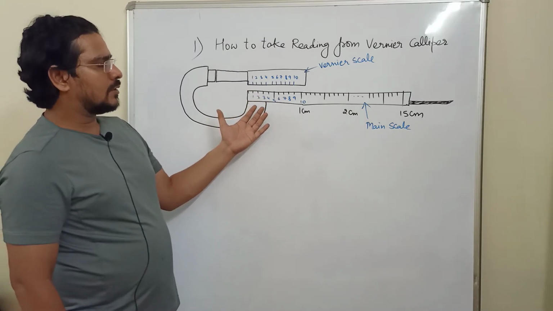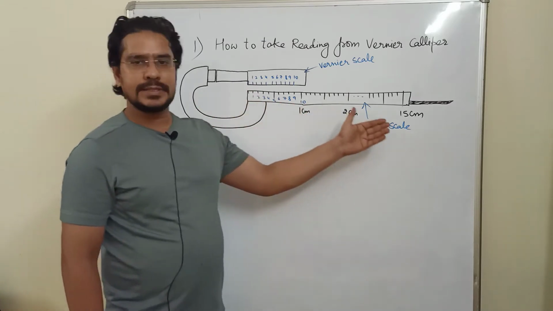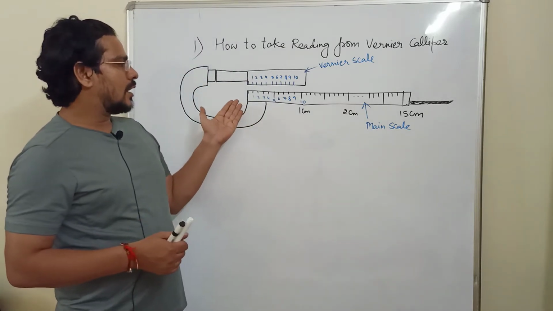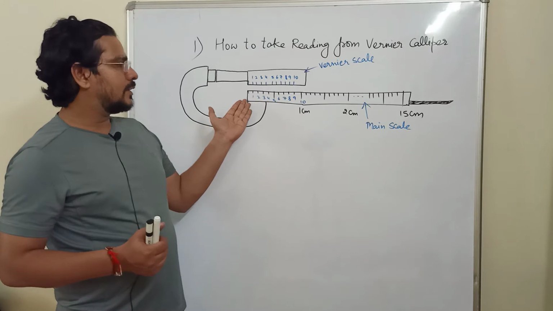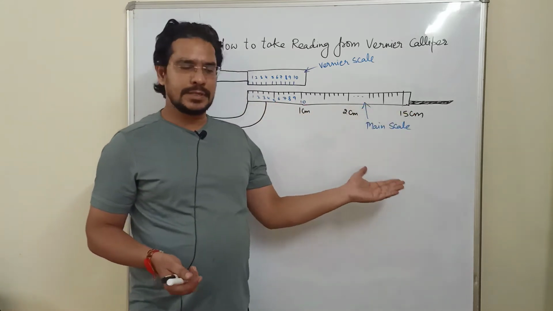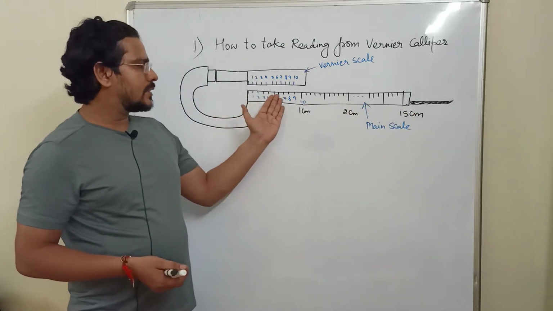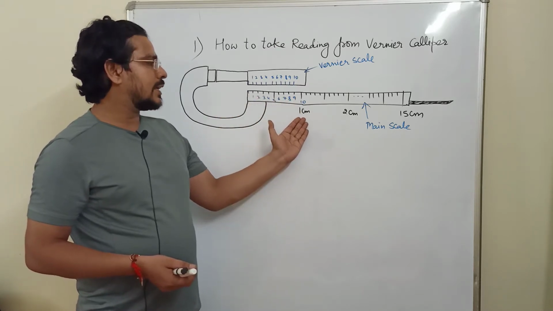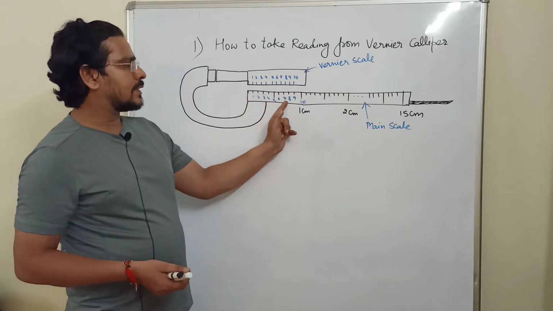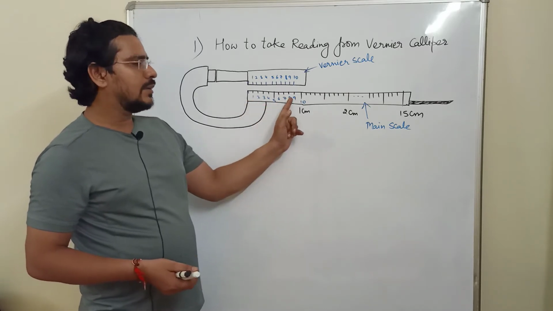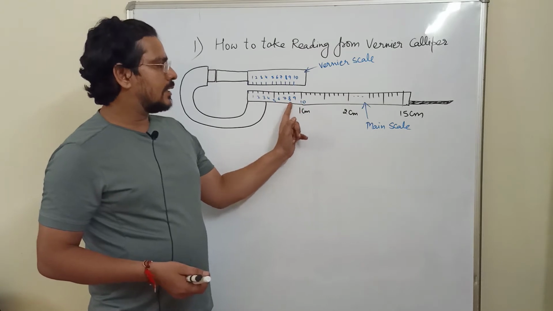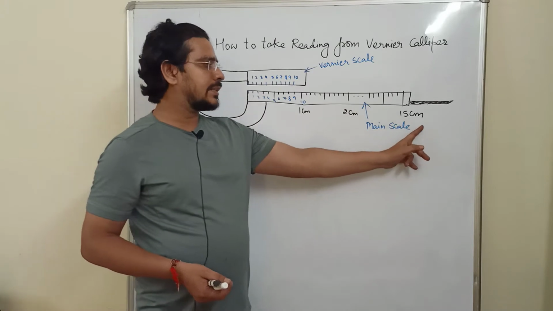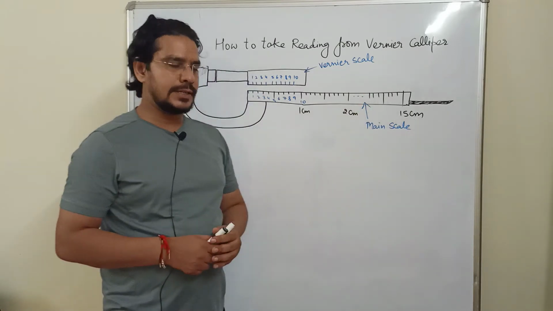So we are having this main scale like our ordinary scale which we have been using in our classes, in our studies, in our routine life, the 15 centimeter scale, which is having the divisions of 10 mm every 1 centimeter. So this 1 2 3 4 5 6 7 8 9 10 counting is showing the millimeters. And similarly the length is divided, each centimeter is divided into 10 millimeters on this main scale, that is having total length of 15 centimeters.